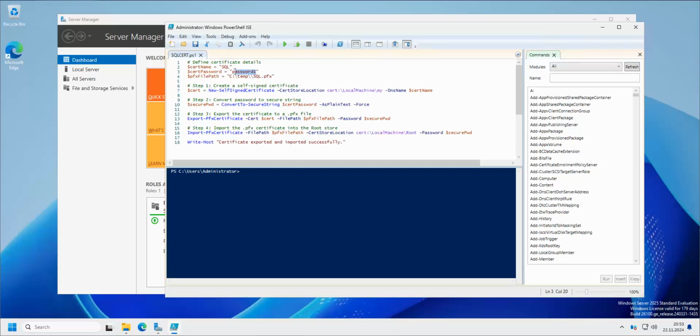Certificate password, of course. I just keep it nice and simple here. You can of course change it. And the main path for the PFX file, so our certificate is going to be exported to, and then it's going to be imported into the root store. So first it's going to be exported to the file, which this is the file, and then it's going to be imported into the root store on your local machine, of course, that is hosting SQL